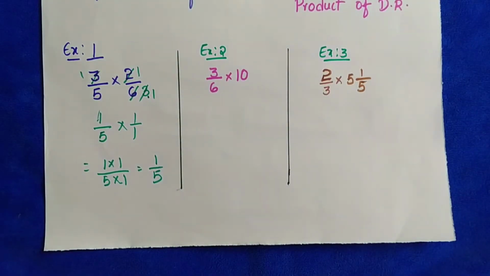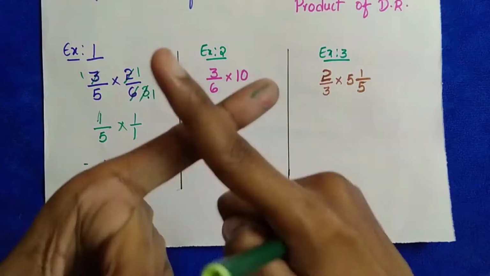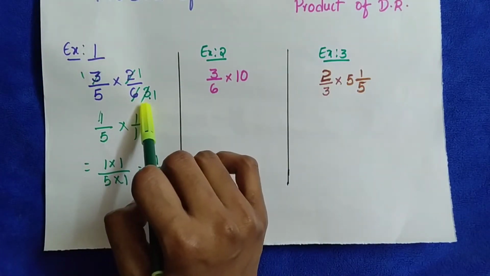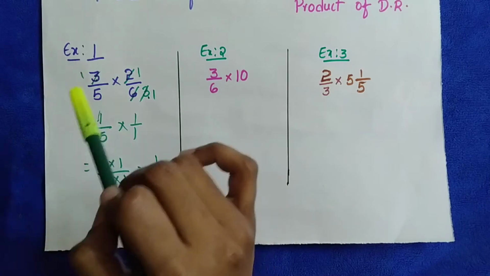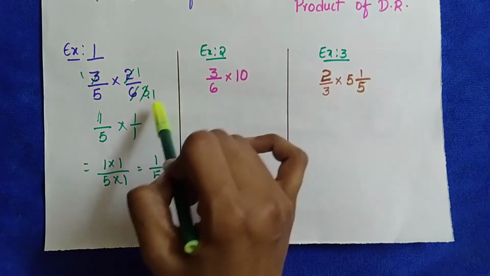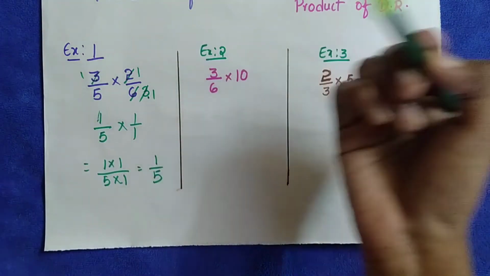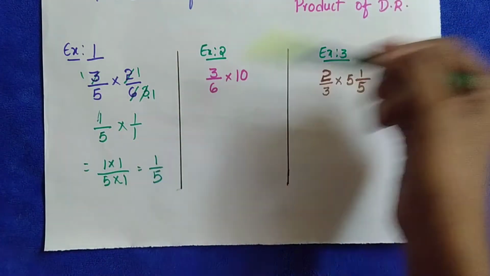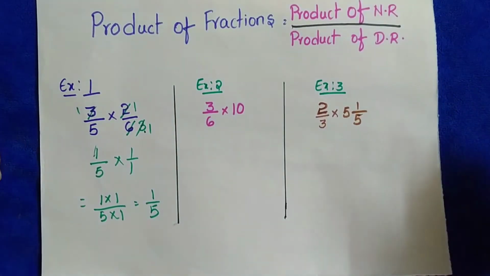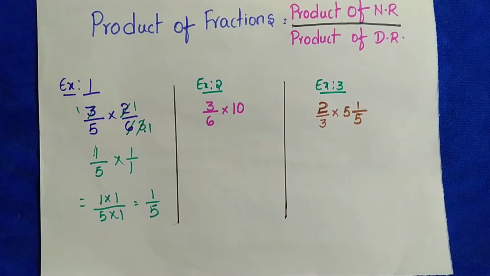First of all, you should check whether the numerator and denominator will cancel in the same table or not. If the numerator and denominator do not cancel, then check crisscross. Check crisscross means if this denominator and this denominator have the same common factor, or else this denominator and this denominator have the same common factor. Or else leave it and write the numbers that are left over and then follow our formula: product of numerators by product of denominators. Got it children? Right, now move on to our next example.